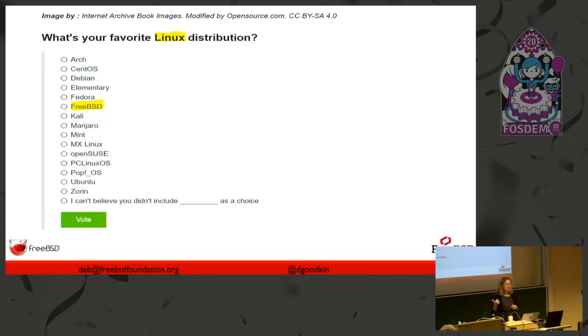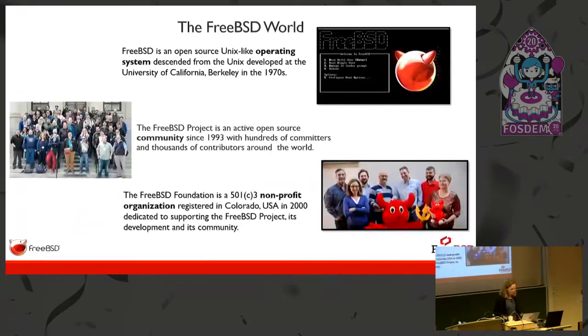I wonder. Well, we could probably find out. I did read in the comments that one of the reasons they did this was because they wanted to include FreeBSD. But what they really should have asked was, what's your favorite Unix-like operating system? I think that would have been better, at least for us, and I think for people in the world.